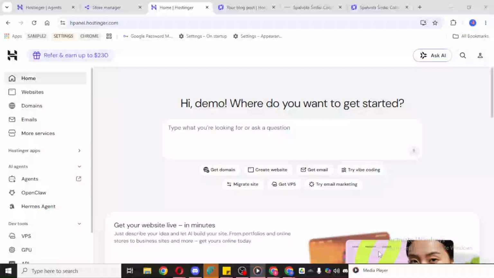In today's video, I'm going to teach you how to enable manual offline payments in Hosting a Website Builder. If you want to give your customers another way to pay outside of online payment gateways, this option can be very useful. Manual offline payments are great for methods like bank transfers, cash on delivery, or any custom payment process you want to handle directly.